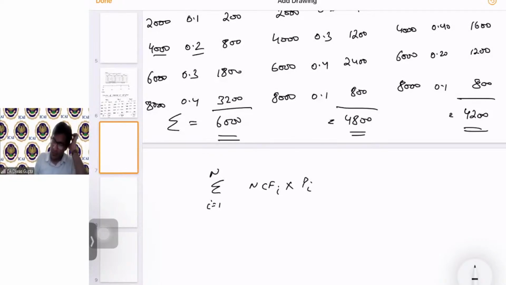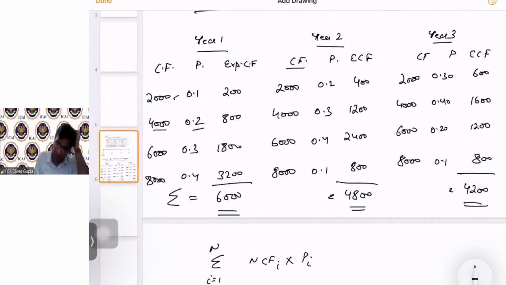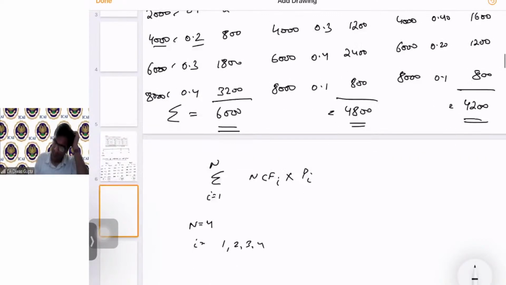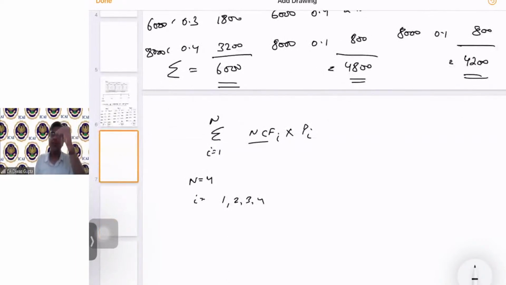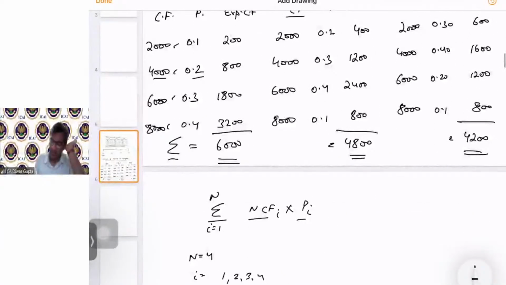Okay. So here i is what? i is scenario 1, then scenario 2, then scenario 3, then scenario 4. So n is actually 4. i is equal to 1, 2, 3, 4. Net cash flows for the different 1, 2, 3, 4 are also there, and probability for the different 1, 2, 3, 4 are also there, which are multiplied and finally taken a summation. I hope this formula is understood.